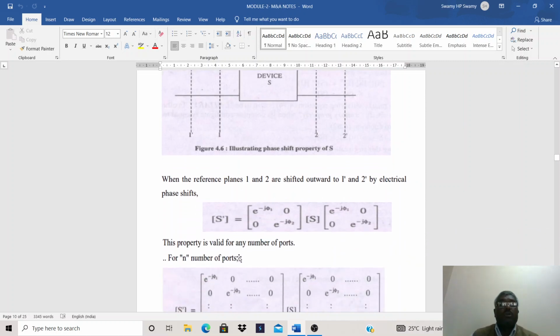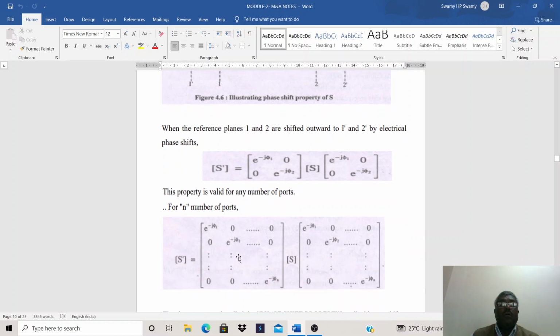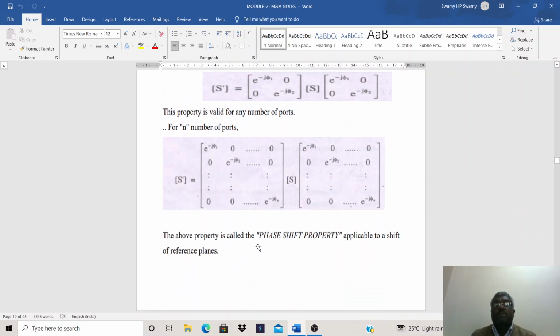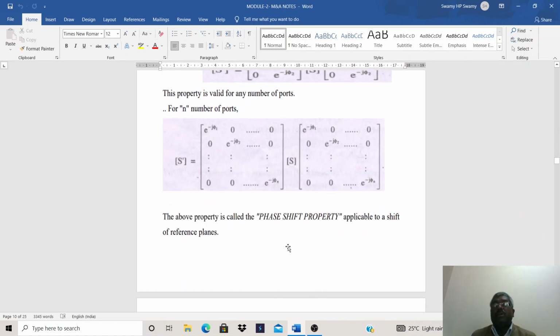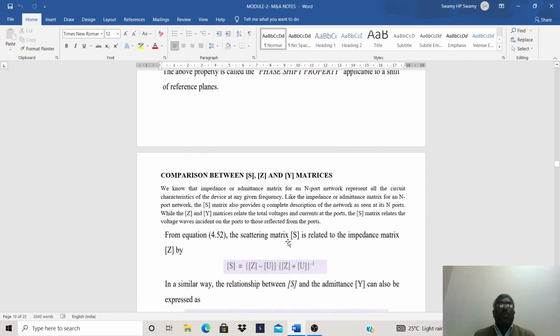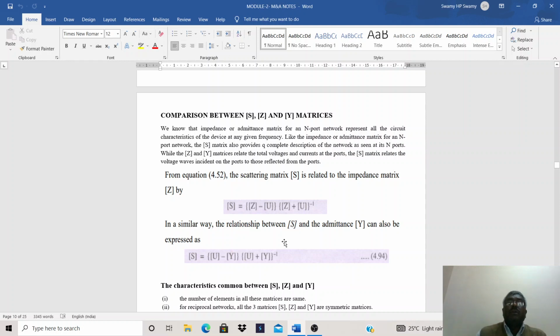So this is how the above property is called the phase shift property, applicable to the shift of reference planes. Now, what is the comparison between S, Z and Y matrices? So here we know that